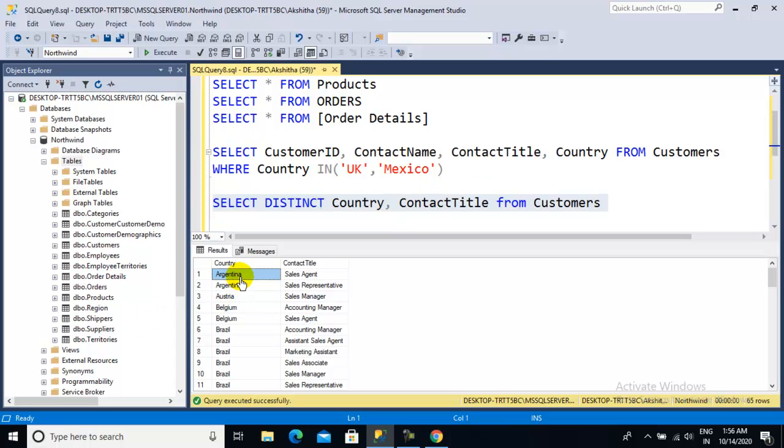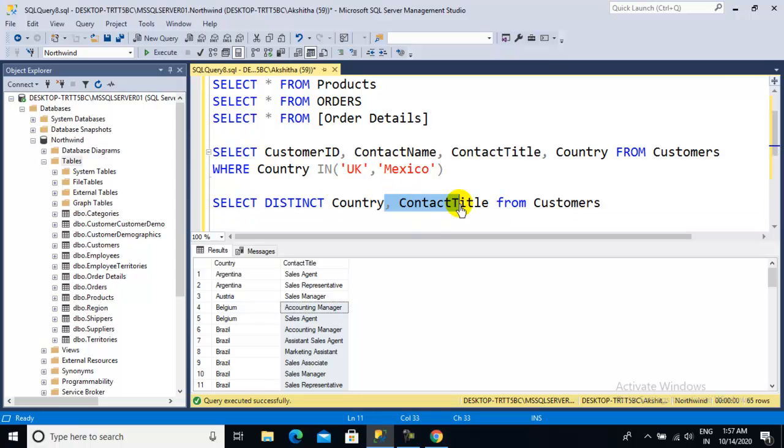For example, there is Argentina. There are two distinct records for that. It will distinct based on the second column. So sales and representatives were there, two kinds of people. And Australia also, same thing. Belgium, how many distinct types are there? See, these are the persons. So you can filter like this. Distinct keyword can be used.